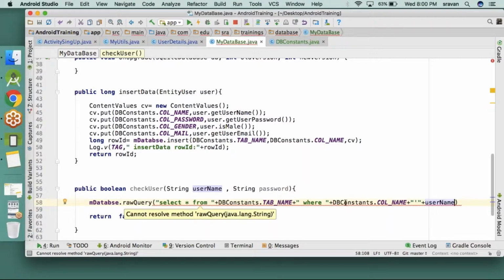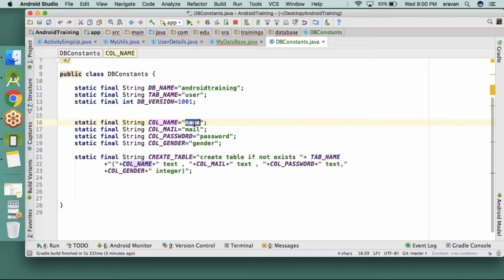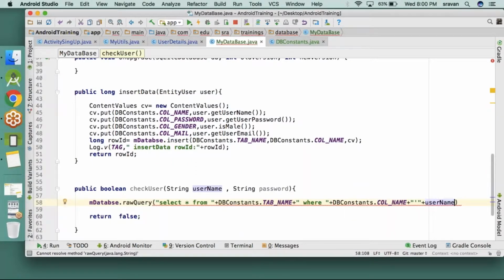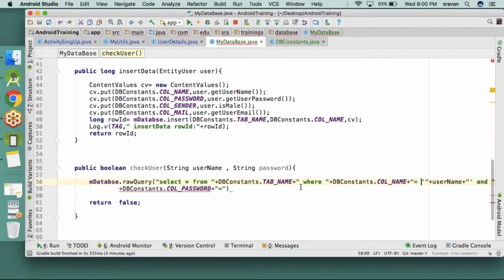Select star from db constant table name where column name, the column name means name, equals username, and db constant dot column password equals password. See here.